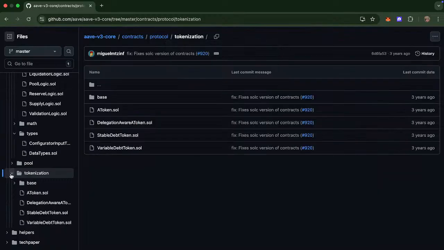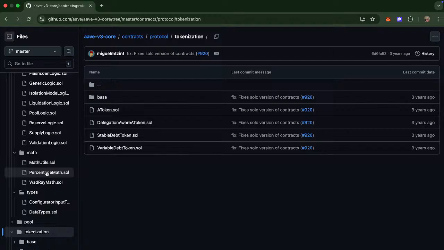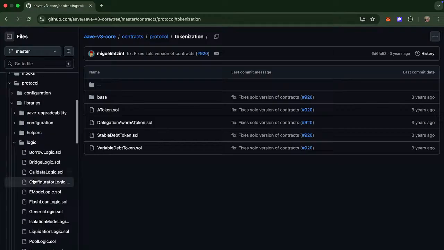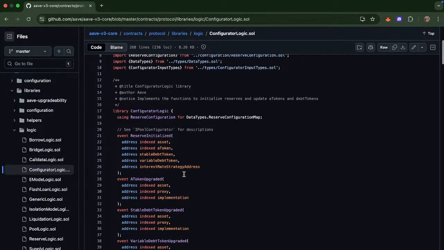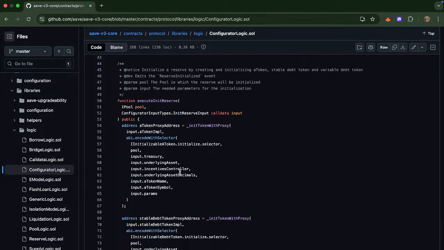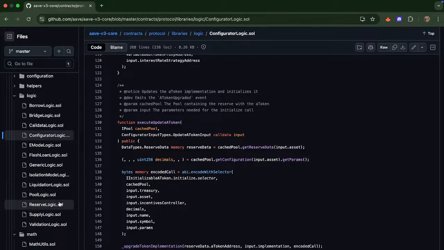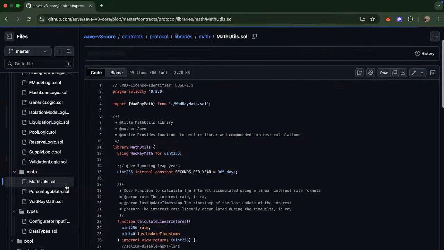Tokenization, delegation awareness, stable debt token, variable debt token, and where it is interest, percentage math, helpers, configuration, borrow logic, call data, configure register logic, E-mode logic, flash loan, generic, liquidation, pool, reserve, supply, validation, math, utilities, percentage math,